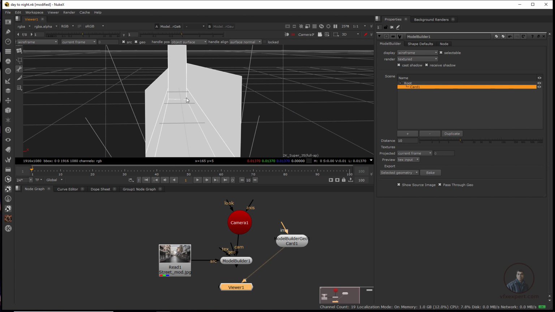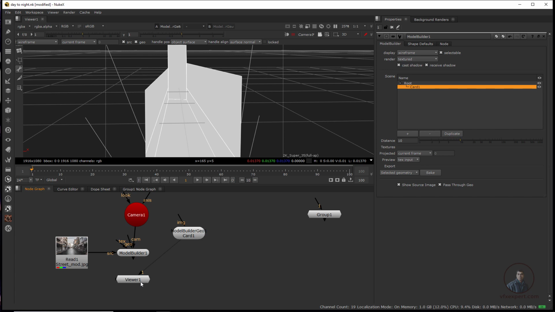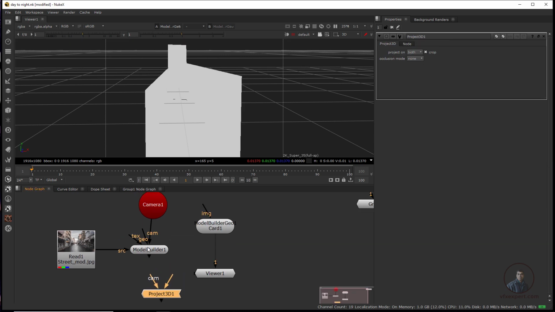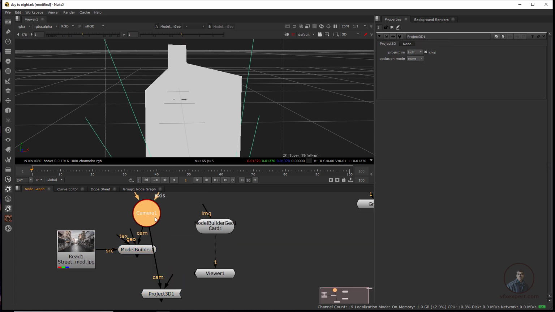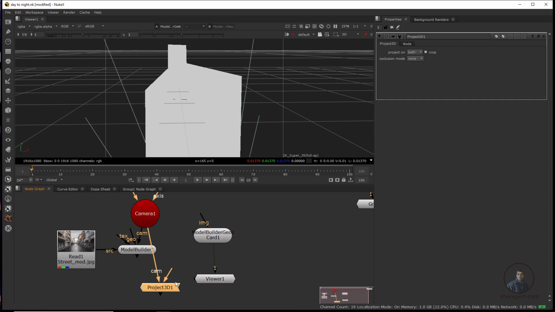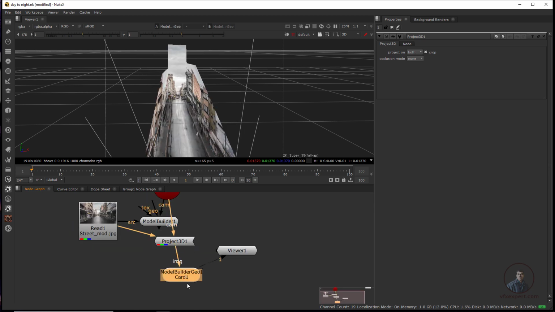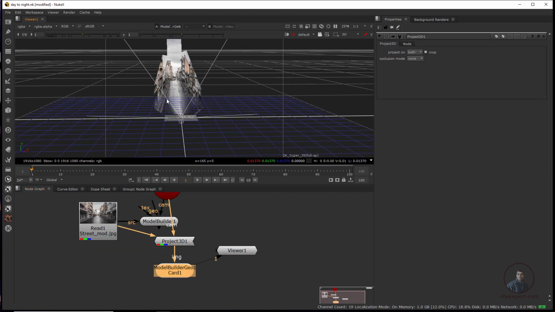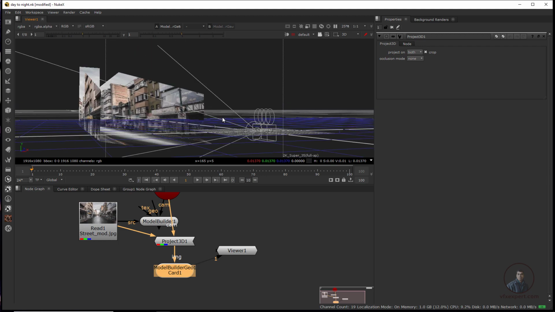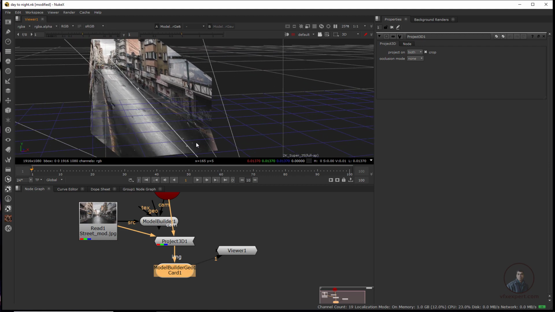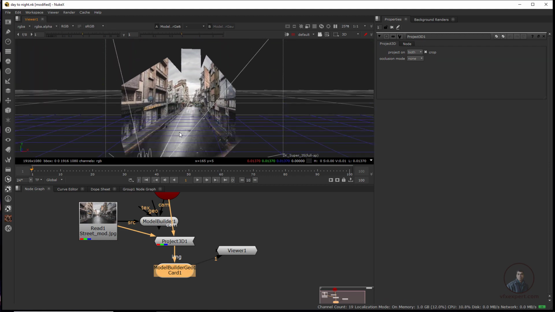Now I am going to use projection here, and we will project this image onto our model here. So press tab, projection, project 3D, then camera. The same camera I have to use here, then this image I have to project, then select this one and finally onto this card, then select. Now here you can see like this. So we have created a simple projection here, so easily you can see, okay. So this is looking good.